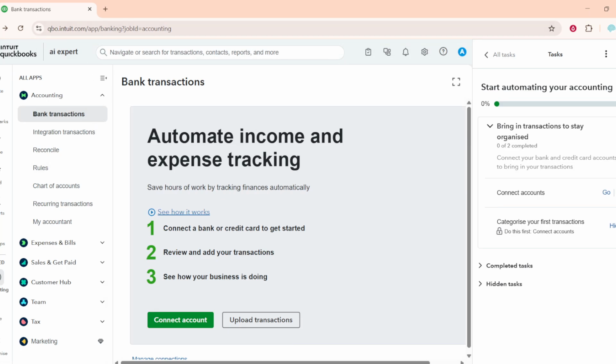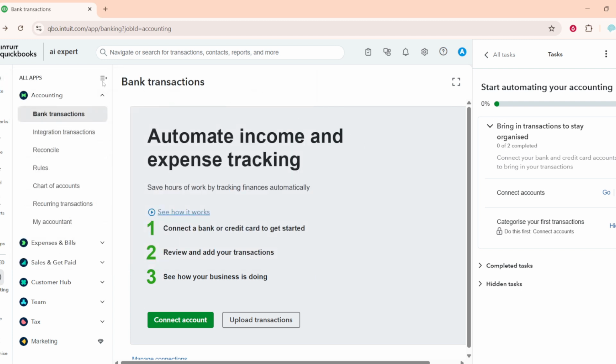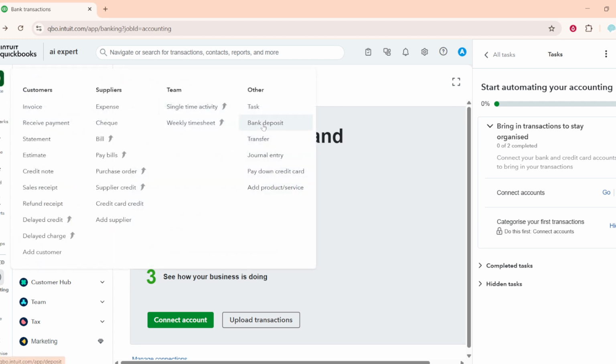and preventing duplicates. That's it. You've captured the payments accurately, held them in undeposited funds, and then deposited them into your real bank account for